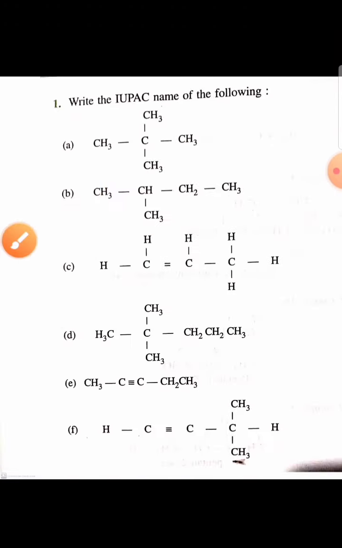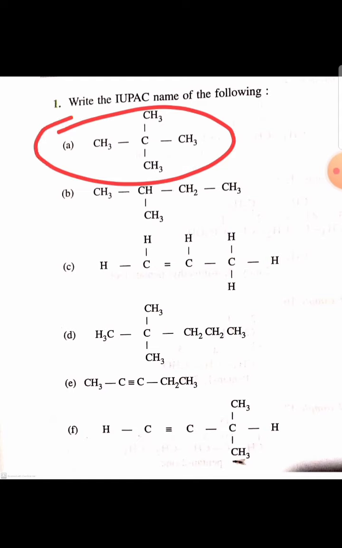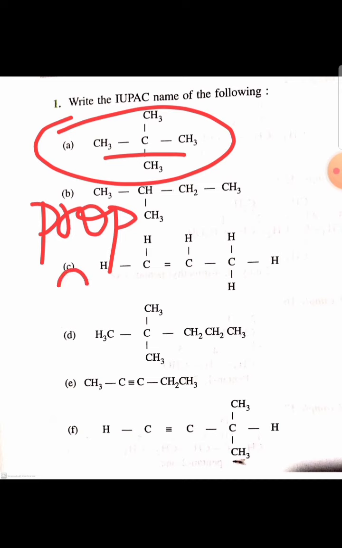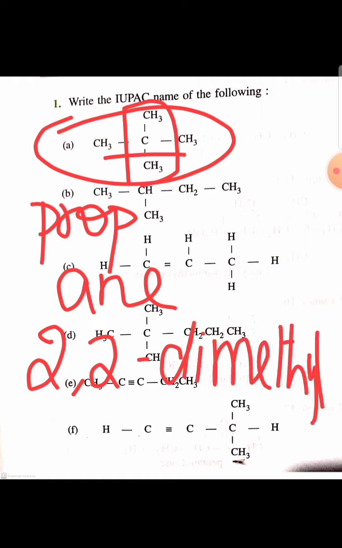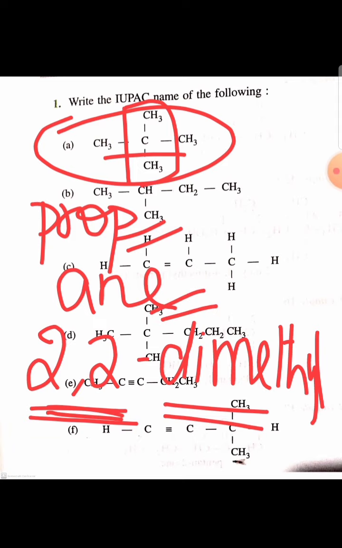Let us move to the next example. Here we are going to give the IUPAC name for this structure. As you can see, there are 3 carbon atoms in the longest chain, so the root word is prop, and carbon carbon single bond, so the suffix is ane. To the second carbon atom 2 methyl groups are there, so the prefix is 2,2-dimethyl. The word di is used because 2 methyl groups are there. To the second carbon atom 2 methyl groups are added, that's why 2,2-dimethylpropane is the correct answer.